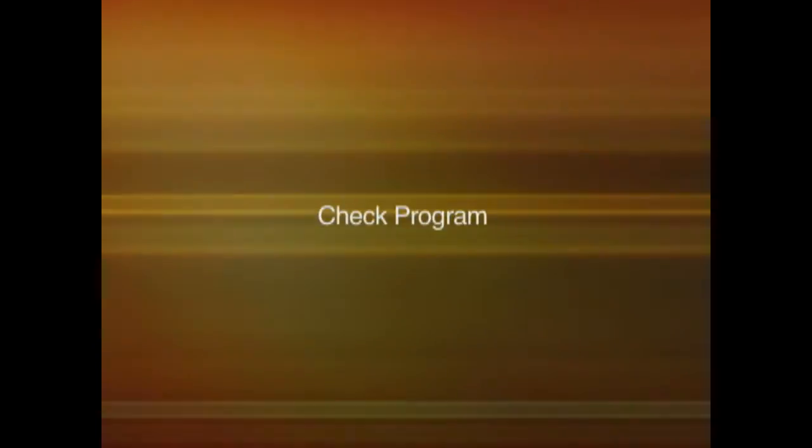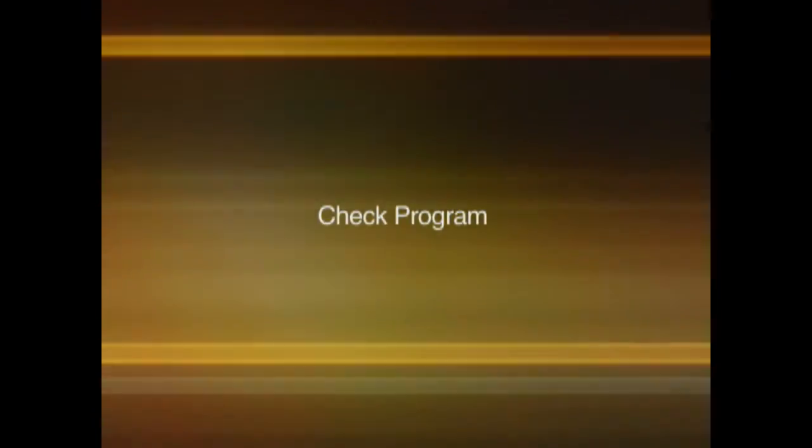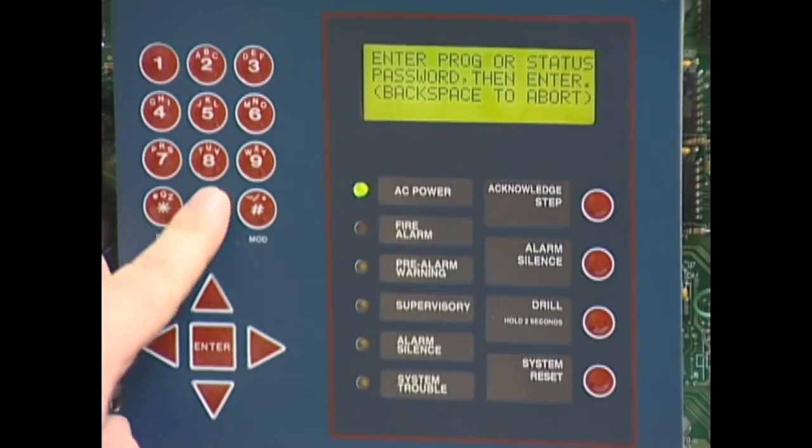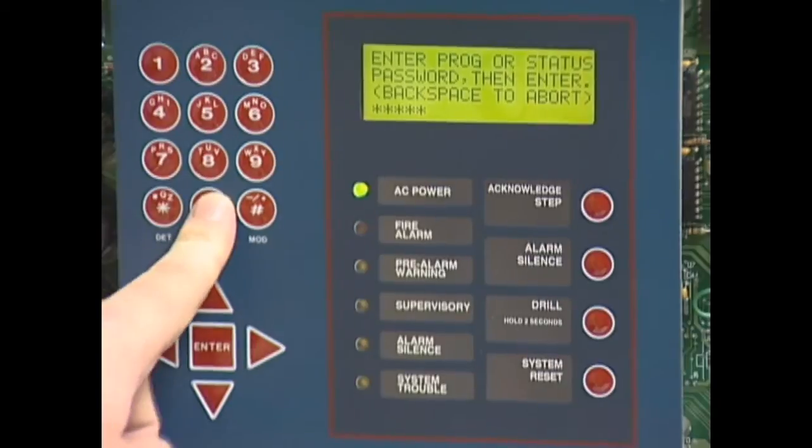Now for the last section, this is the check program area. The panel will automatically go through and verify that there are no troubles or problems with your current programming. The last section I want to show you on your programming stage of the panel is how to check your program. To check your program, you simply press the enter key, press 1 for programming, enter in your password, press